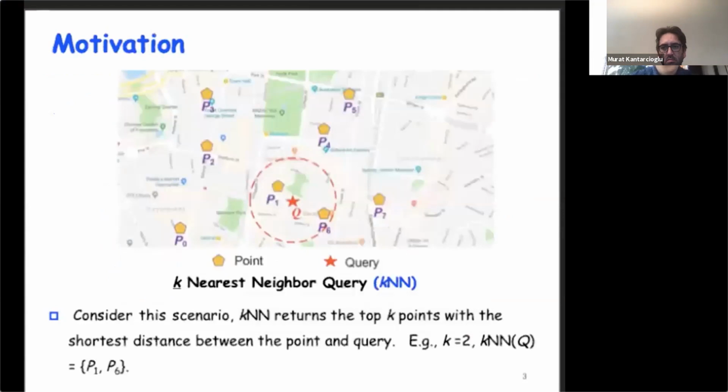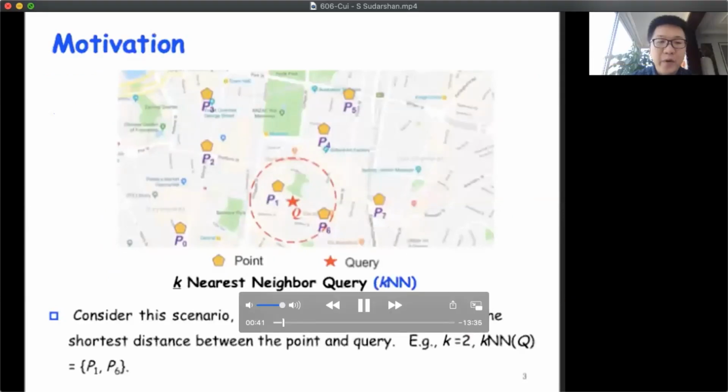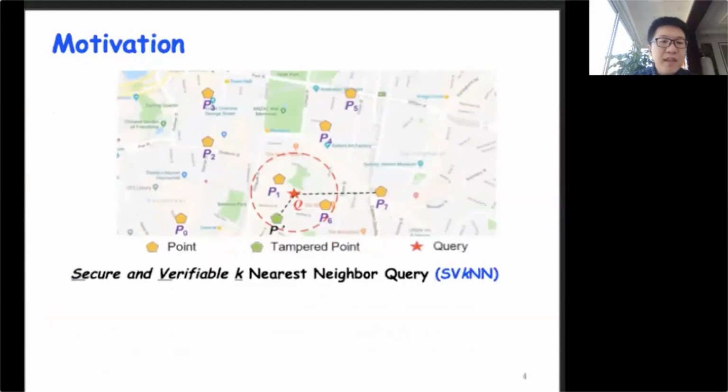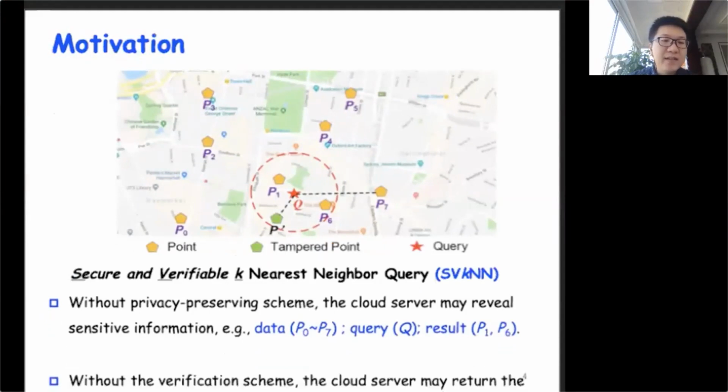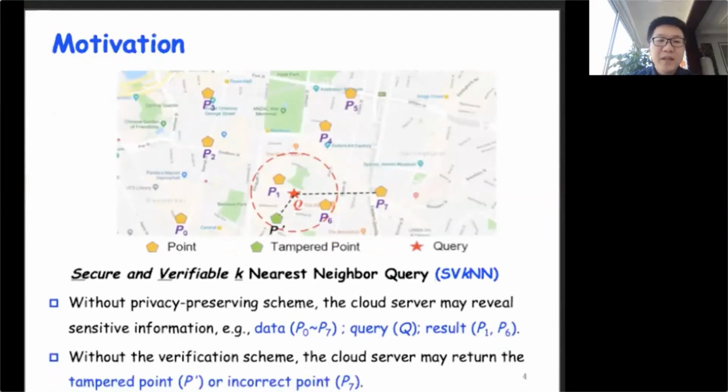In our paper, we studied the secure and verifiable k-nearest neighbor query. As shown in the figure, there exist 8 objects. When k is 2, it is to retrieve the top 2 objects having the shortest distance to the query, that is P1 and P6. However, under this outsourcing model, without a privacy-preserving scheme, the cloud server may reveal sensitive information, and